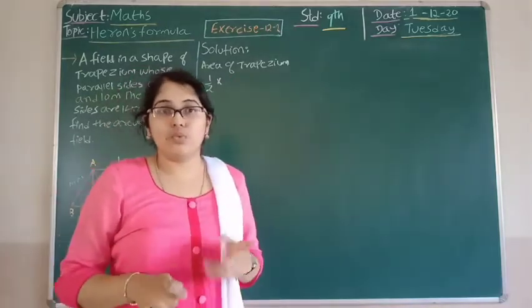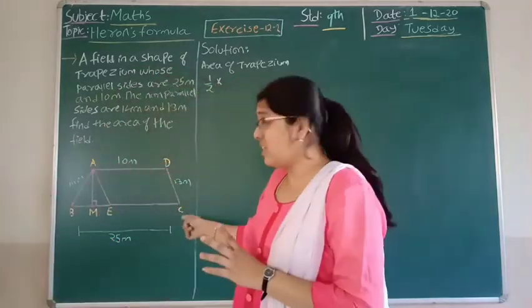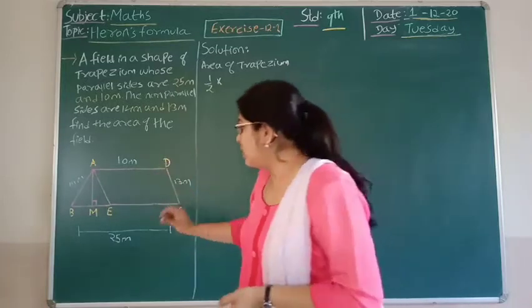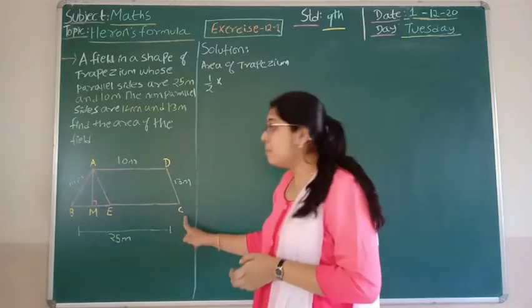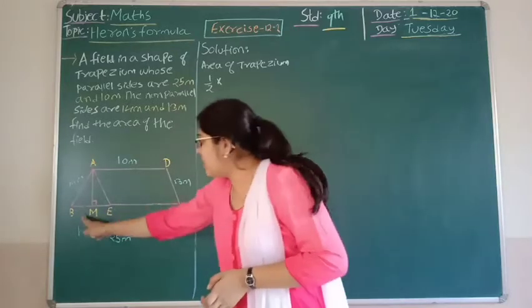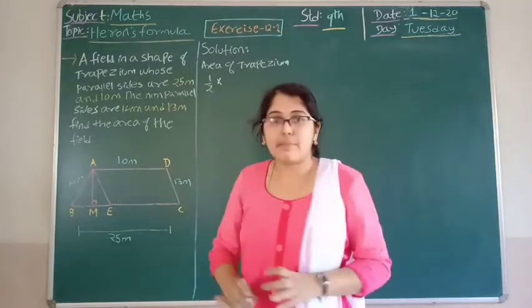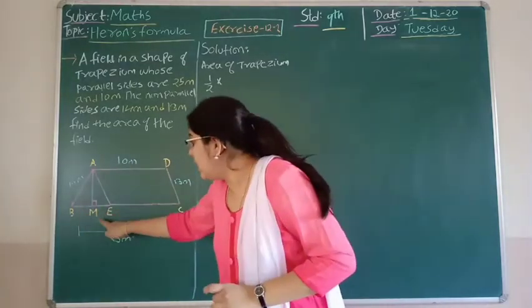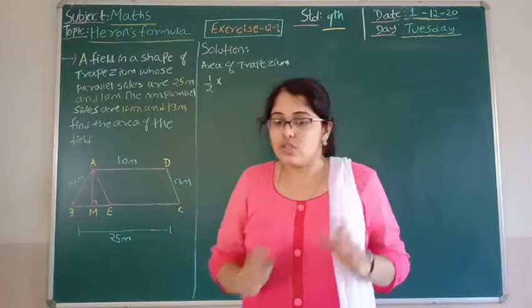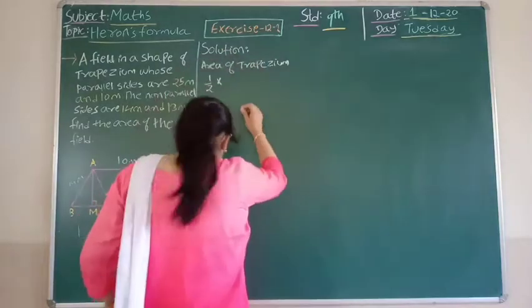Let us see how we are having two bases. This is one of the bases, it is BE, and the whole base BC. BC is a whole base of a trapezium and has a triangle inside it. So BE and BC are the two bases, so it will be B1 plus B2